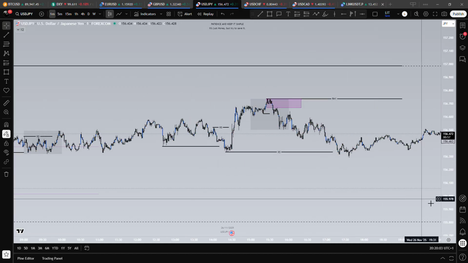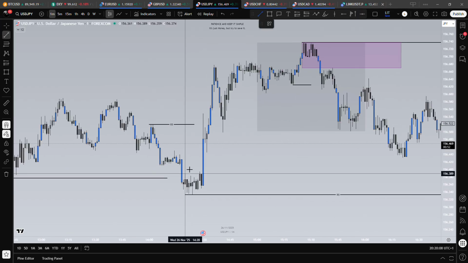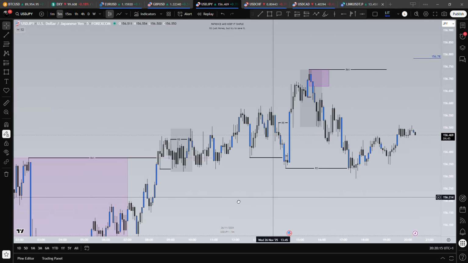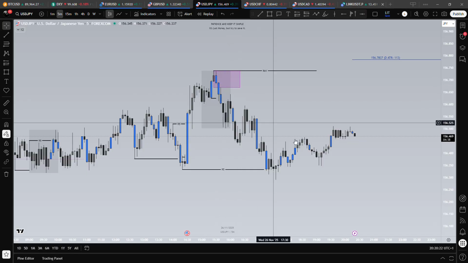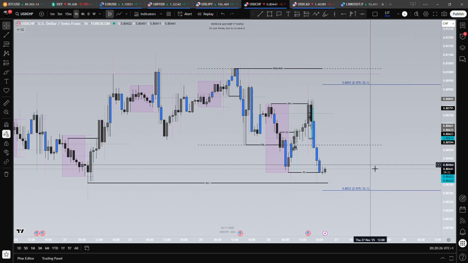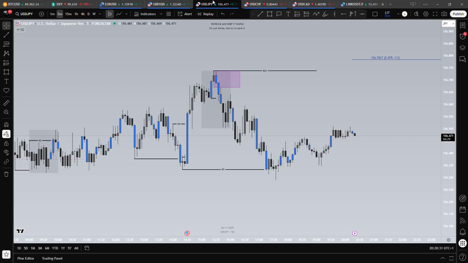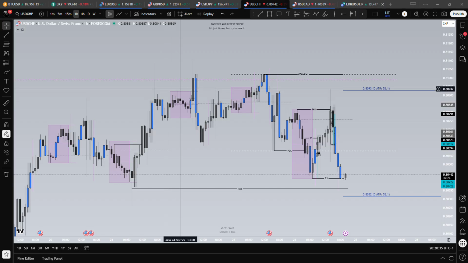I was looking for an entry here, but I wasn't able to trade it because this is the break of structure and the engulfing candle is this new candle, so I'm not trading that. I wasn't able to do it. And then we had the reversal, but we had no mitigation. The mitigation would have been here, in my opinion, and it went straight to the target, so damn. Then one profit today here, and a few stop losses that I'm gonna show you right now.